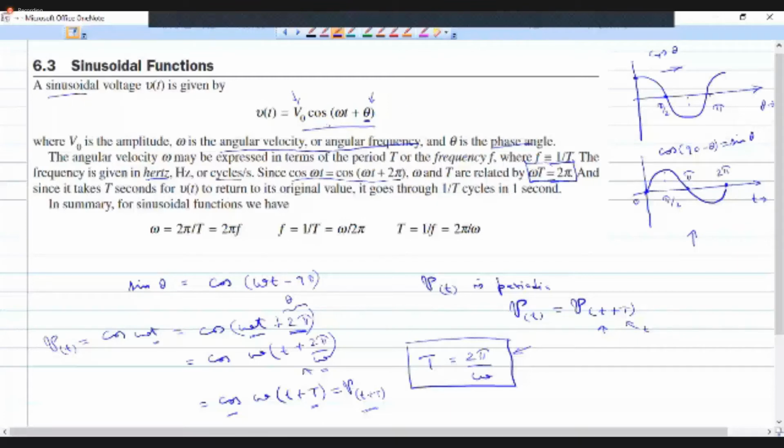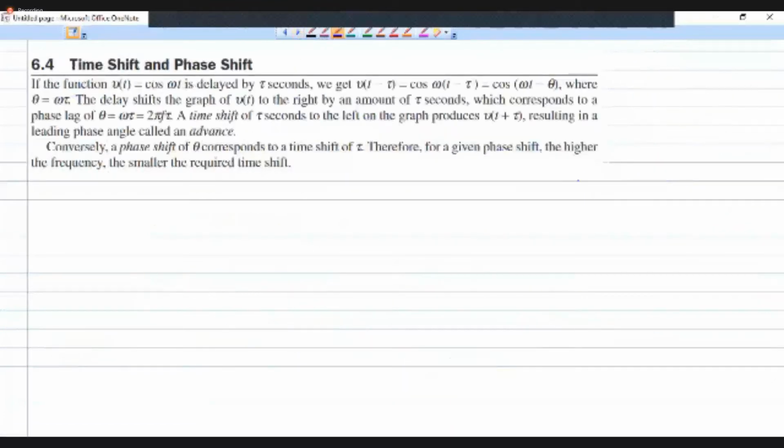Similarly, I can time shift it also. Here, what we have done is time shifting this by a time period capital T. So we see that when we time shift this cosine voltage by a time period capital T, it is equal to the same function cos of omega t itself, right? So the meaning of that is,